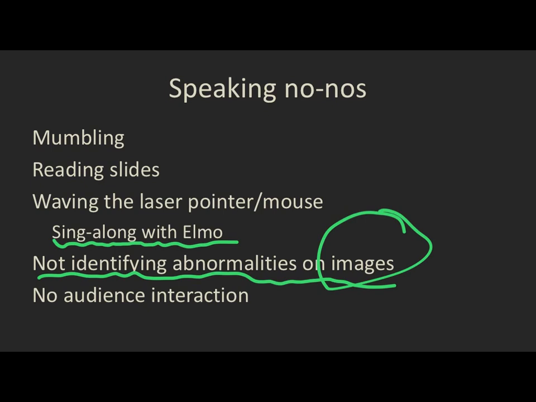If you don't want to do it like that, then I would suggest you have two slides, one after the other. One slide without any identification, and then a slide after it that has an arrow or circle or something that identifies the abnormality that you can go to. That's often an easier way of doing that than trying to get the mouse going, because it goes to sleep, and then get your arrow coming up and then hoping people can see your arrow. So, a slide with just the image, let people look at it,